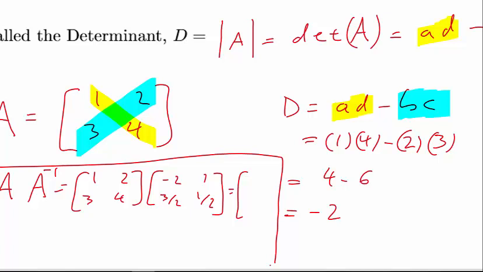So remember, matrix multiplication: 1, 2 times negative 2, 3/2. So this will give us negative 2 plus 3/2 times 2, which will get us 1. So just so you can see what's going on here, this is negative 2 plus 3, right? 2 times 3/2. All right, so next one,